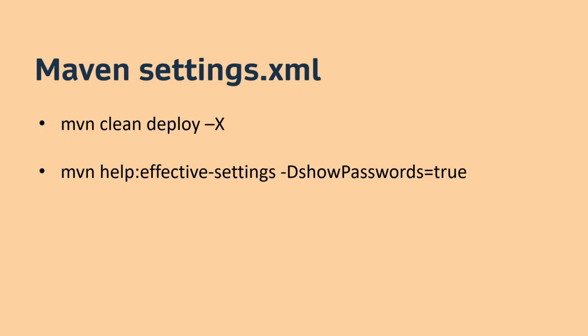So there are two ways how to get it from Maven. First one, that's simple debug. You just turn on debug, and in older, it's important, in older Maven versions, you have a header when you are connecting to Nexus. And in the header, there is authentication, and then there is this field, and you can just copy-paste it. Because it's debug, oh, I was debugging something else. I'm just sorry, I didn't know there is a password. No one can say to you anything wrong about this one, right?